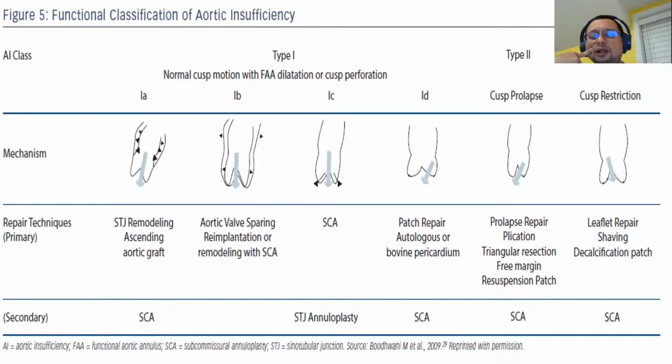So they have tried to classify aortic regurgitation as they classified mitral regurgitation. If you remember, in mitral regurgitation, we have what we call the Carpentier classification. So in aortic regurgitation, we also have a classification. This is called the El-Khoury classification. Also, depending on the leaflet motion, we have type 1. In type 1, we have a normal leaflet motion, but the problem is dilatation. Type 1 is divided into type 1A, 1B, 1C, and also 1D.